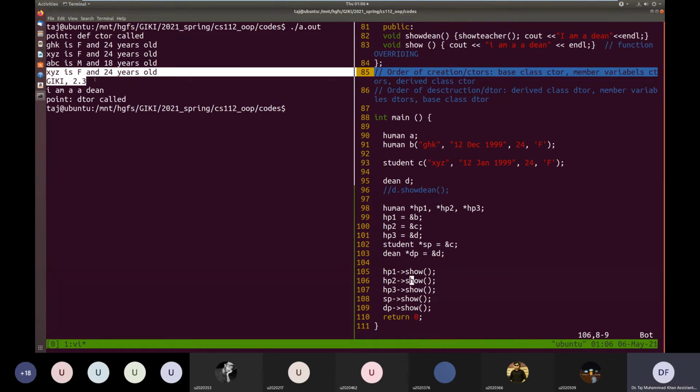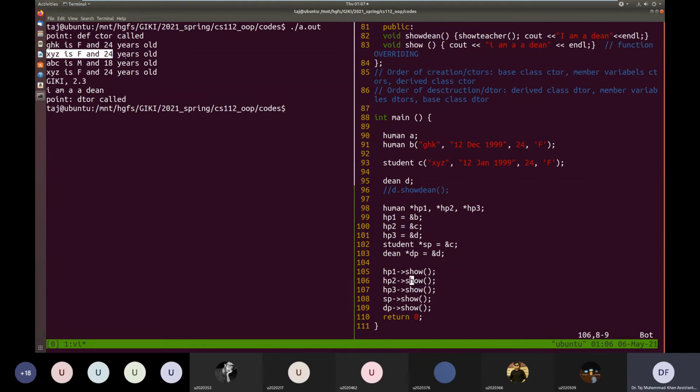However, HP2 arrow show, since it's using the base class pointer to call show, is not calling the student show function, but rather the show function of the human object inside the student object.